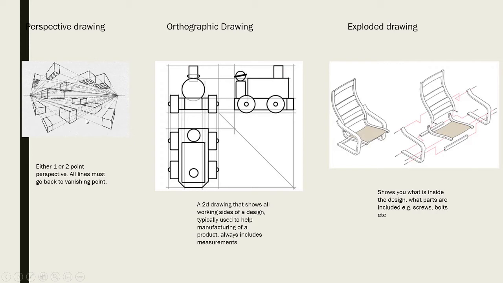So this is absolutely crucial, especially at A level and beyond. If you go to university and do engineering, this kind of thing. Obviously this is quite a simple shape, and it's showing a children's toy train. We have covered orthographic drawing before, but it's very clear because everything's in 2D, and this is why